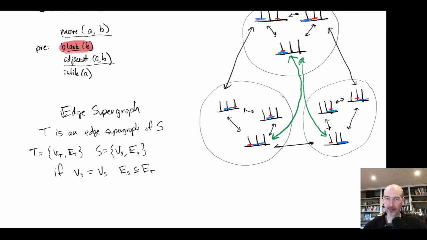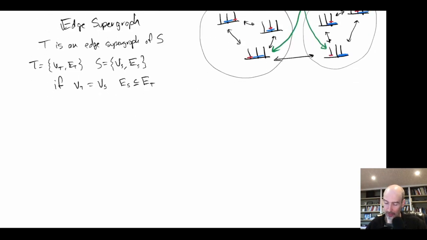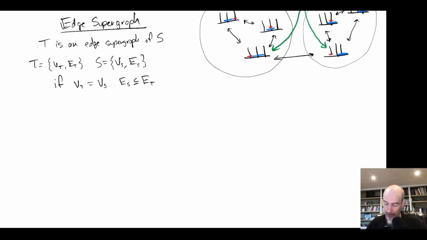And what we want to ask is, can we build a heuristic in an edge supergraph and use it to basically improve the performance of a search in a regular graph? And the answer to this question is no. This comes from something called Valtorta's theorem. Okay, so what does Valtorta's theorem say? Valtorta's theorem says if T is an edge supergraph